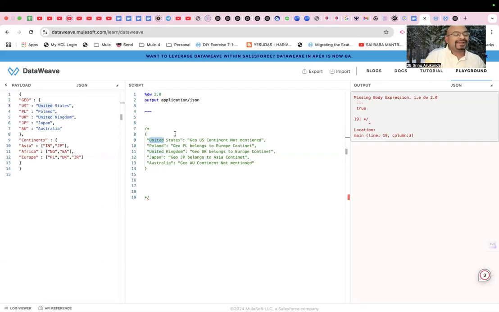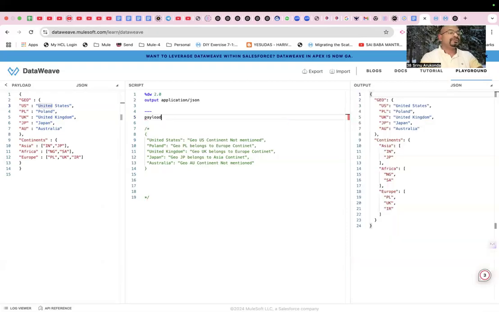Okay, let's do DataWeave for this. Now before that, I want to write a small function. What the function returns is, if I pass a country code, it should return the continent for me. That's the small function I want to write. So first, I want just a country code, and it returns a continent. So for that, payload dot